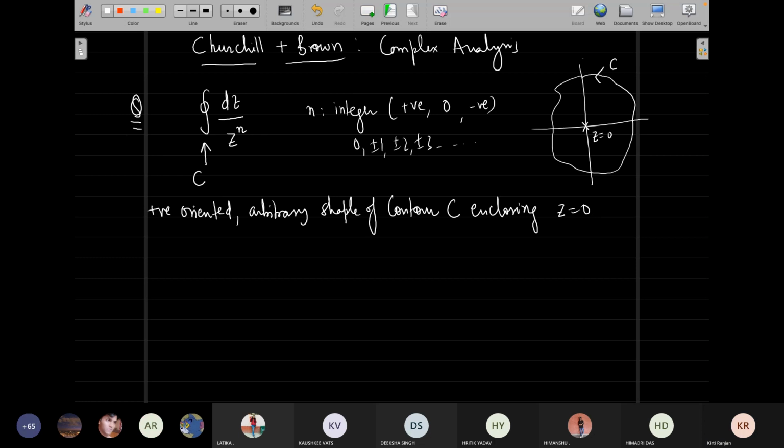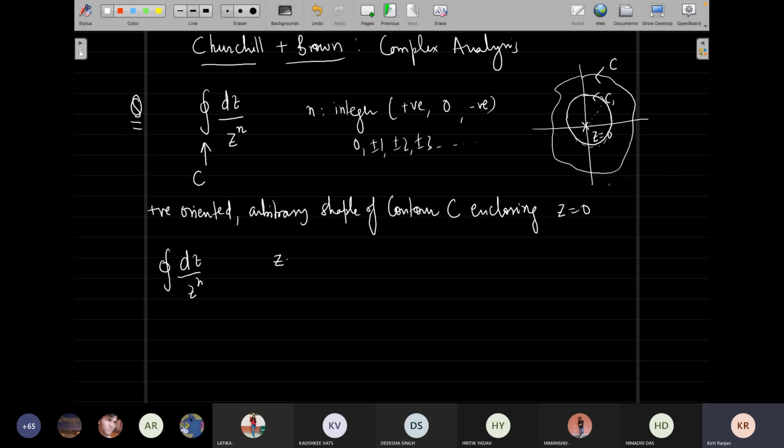Firstly, you can take the unit circle instead of C. I can take the unit circle, or anyone, but I will take a general circle, so that you also have a way of tackling general circles. Now I can use the principle of deformation of path. Of course, the contour doesn't look like that, but I can evaluate this integral instead over this circle, and my result will still be valid. Why will my result be valid? Because of the principle of deformation of path.